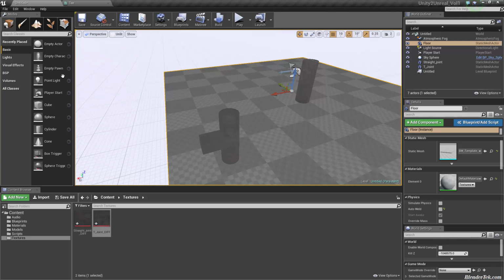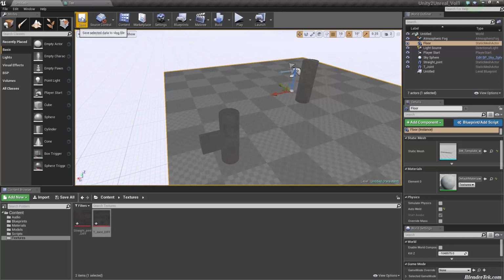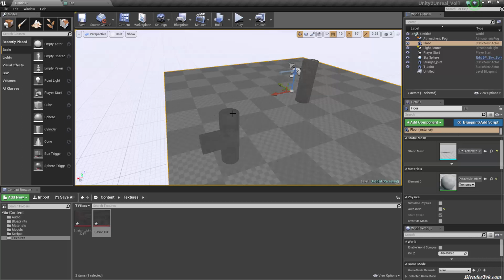Maybe if you guys can give me some more details on exactly how an actor compares to something in Unity, that would be a great help for me and for other people, I'm sure. That's the one thing that's confusing. What exactly is an actor? And in the next volume, we'll go through basic UI navigation. We'll go through all the different UI buttons, the major ones, and that's really about it.